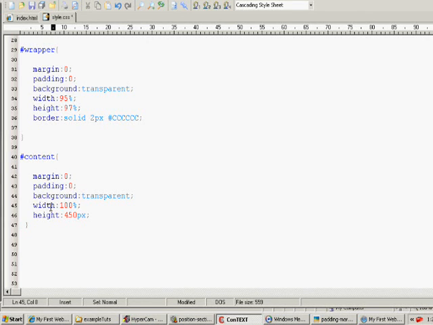What this is basically going to do is, since our content container is inside of our wrapper, and we have our wrapper set at 95%, our content container, even though we have it set at 100%, won't extend past the width of our wrapper. That's why we call them containers, because our wrapper container is going to control our content container. And then we're going to implement our footer